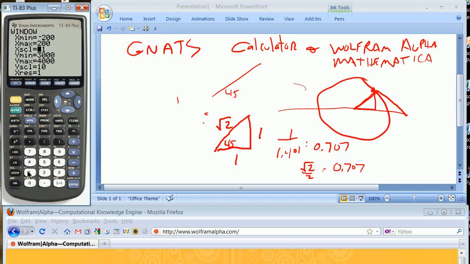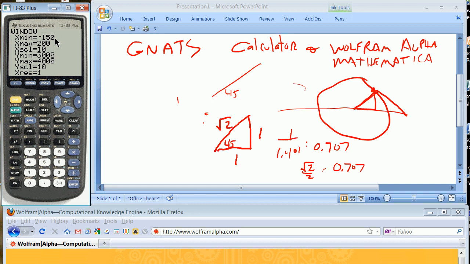And x scale can be anything you set, but basically somewhere around 10. Now if x is 200, y should be 1.5 times that. I'm sorry, as x is 150, y should be 100. So I'm going to go back up and do that here. And the reason why you're doing this is you're trying to set it up so a 45-degree line looks like